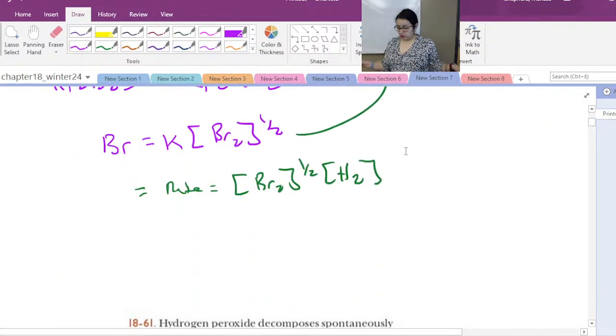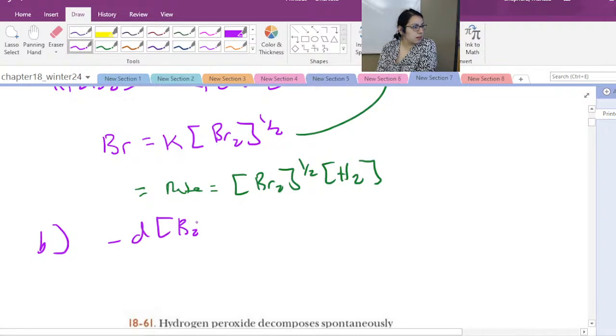This is a little weird. So we have our bromine to the half order, right, and hydrogen, and so we want to figure out our rate. We want to figure out the change of bromine